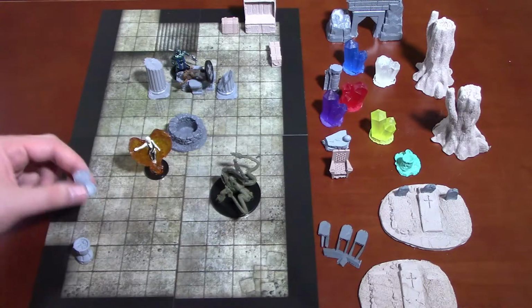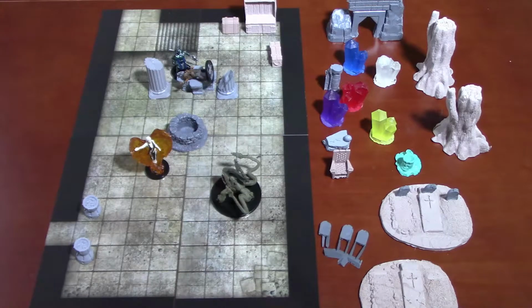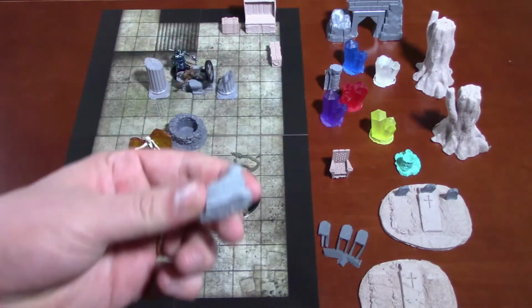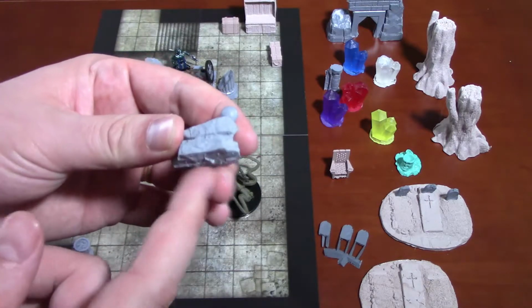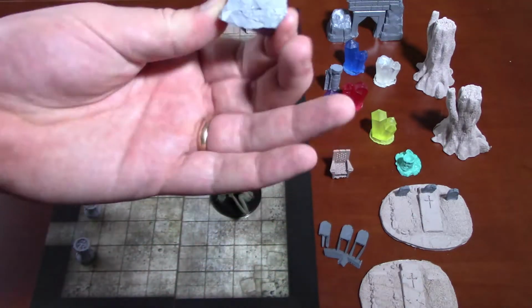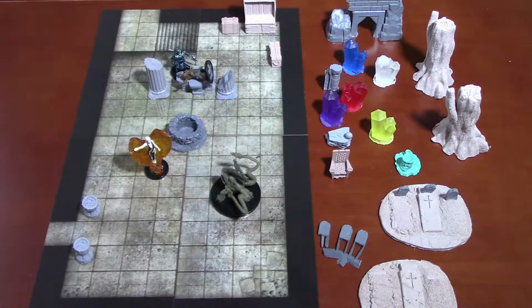So that's something that I can fix easily enough. I'll just get a good knife and cut it off or something, but it is a flaw, and this piece has something similar. You'll notice it has this chunk right here that they haven't filed down. But that's something that you can fix, no problem. You just get some sandpaper, a knife, whatever your method of choice, and smooth it out. But apart from that, everything is of really good quality. Really enjoy it, and it really does add a lot of three-dimensional texture and flavor to a good